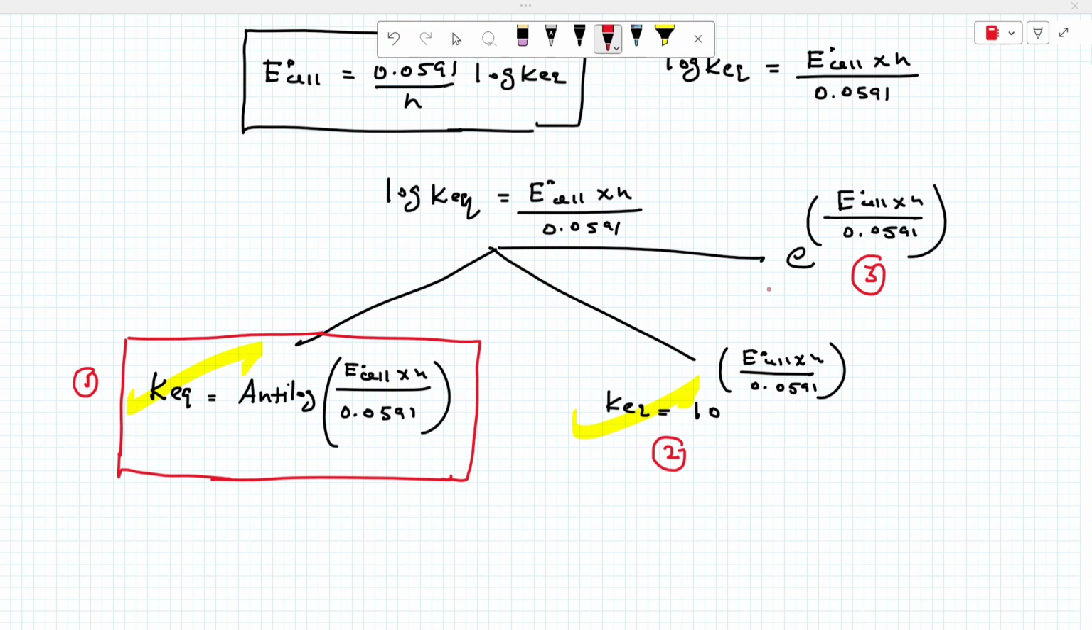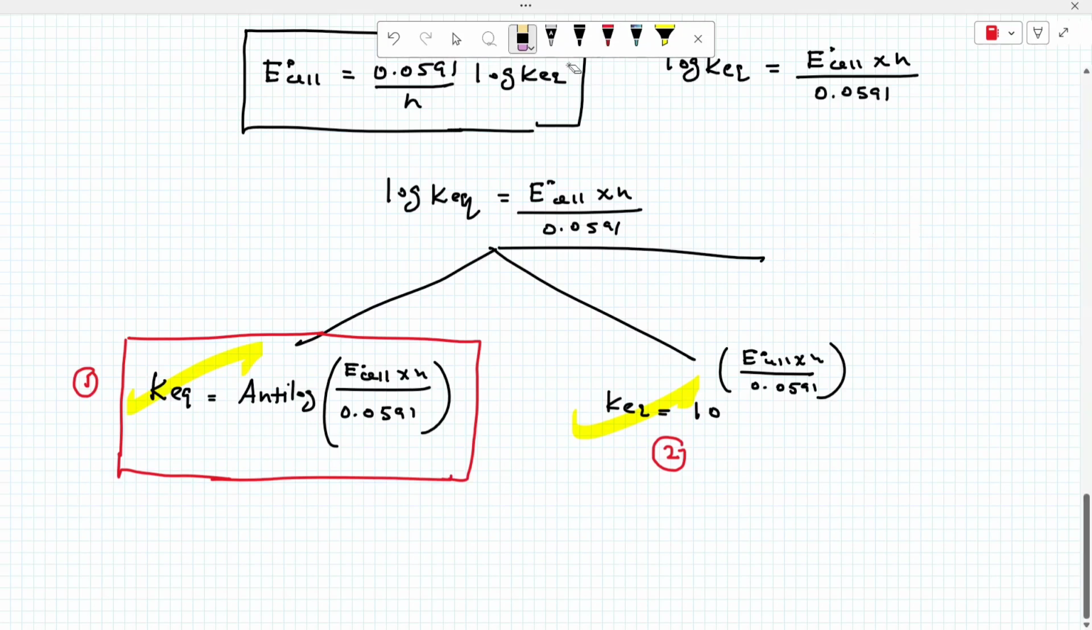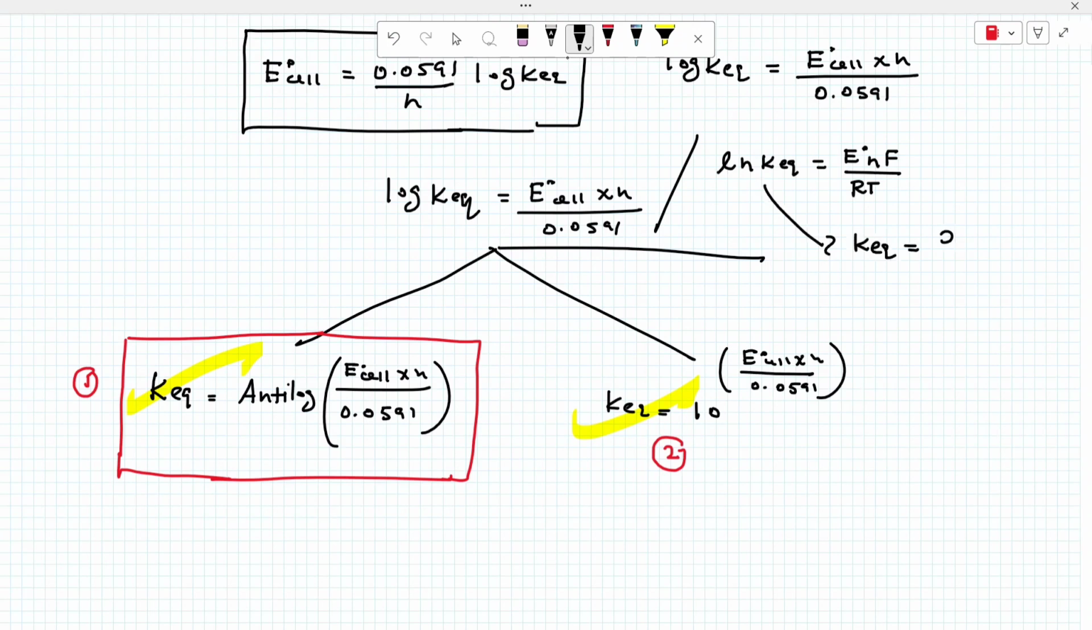கவனி, ஒரே நிமிஷம், ஒரு சின்ன சேஞ்ச் இருக்கு. இப்ப இது லாக் ஃபார்மா, அது ln K equilibrium equals E naught of nF by RT. இது ஃபார்முலா. இதை என்ன பண்ணலாம்? K equilibrium is equal to e power E naught of nF divided by